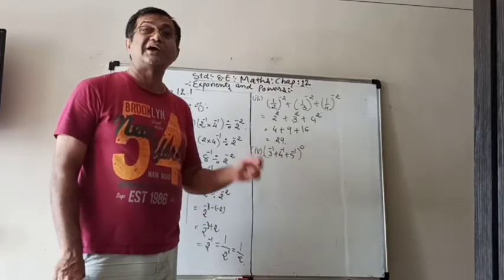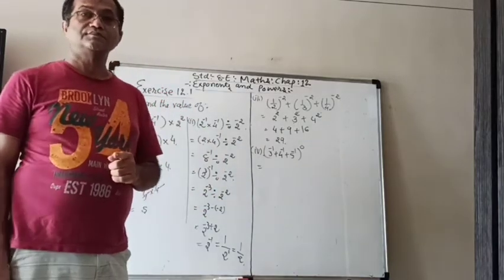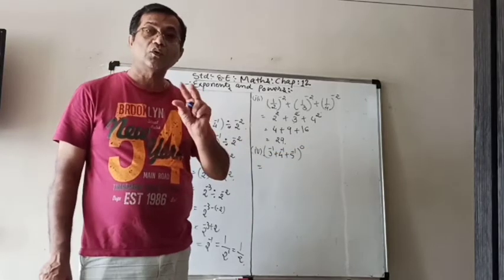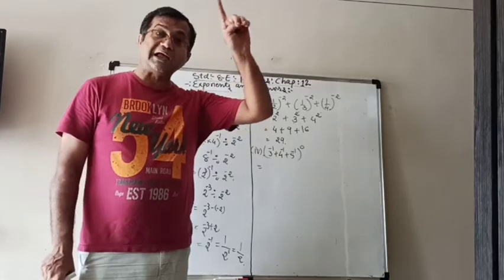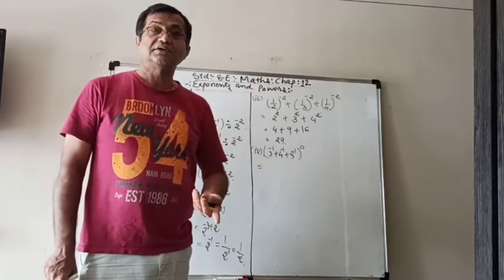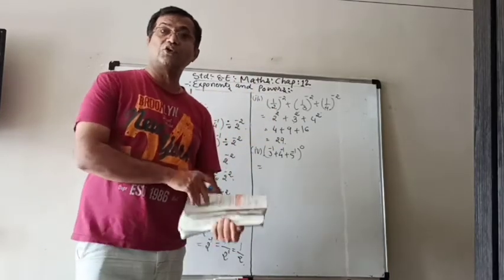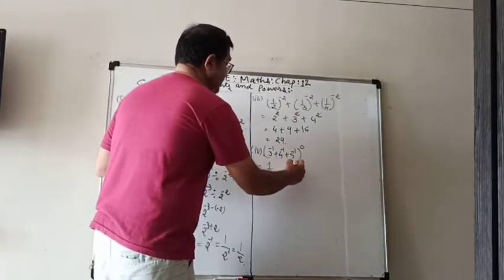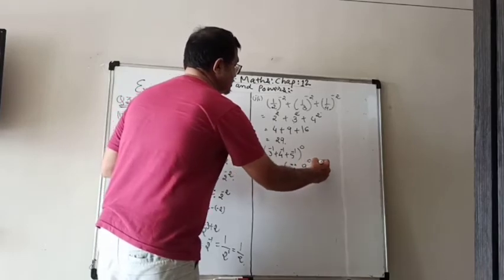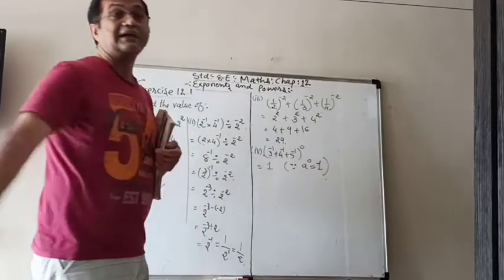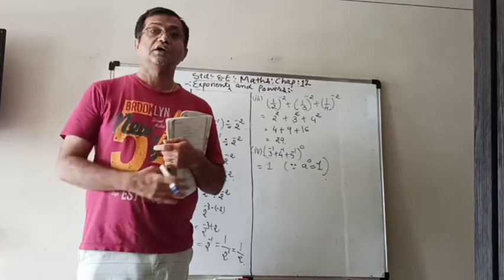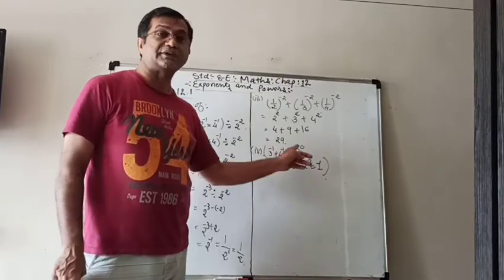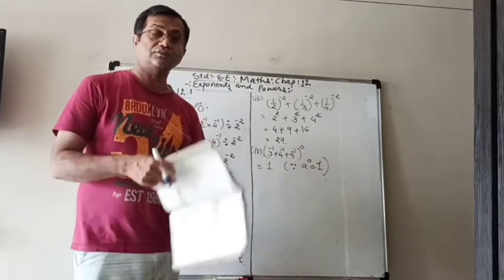No. Then you are wrong. You know why? Look here. What is the final power? 0. Any number, but the last power is 0. What is the answer? 1. Oh, we don't have to do anything. No calculation, it is equal to 1. You can write it down because a raised to 0 is equal to 1. We have the last rule. So don't waste time here. Otherwise you will do 1 upon 3 plus 1 upon 4 plus 1 upon 5.